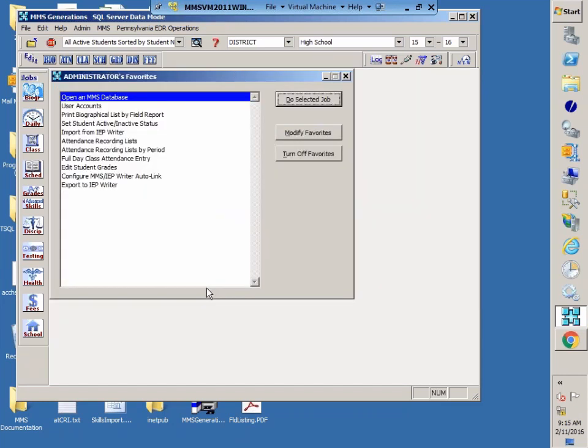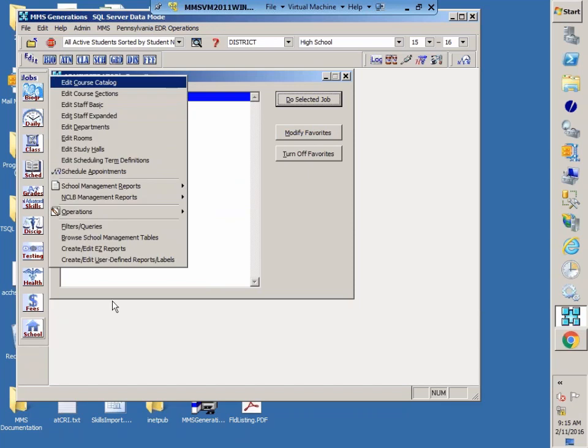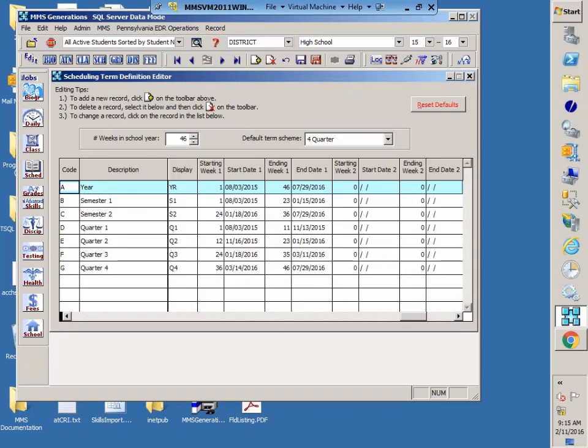The next area that we need to address is our edit scheduling term definitions. And that is found in the school management jobs. And it's right here on that main menu, edit scheduling term definitions. I have a very simple terms set up. I have my full year courses, I have 2 semesters, and I have 4 quarters. Those are the only terms that I am using within my database. I did have several others that I was not using, and it caused problems with the export. And just to simulate that error when we get there, I am going to